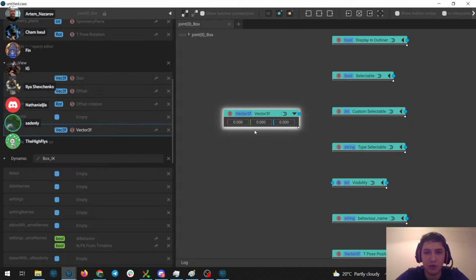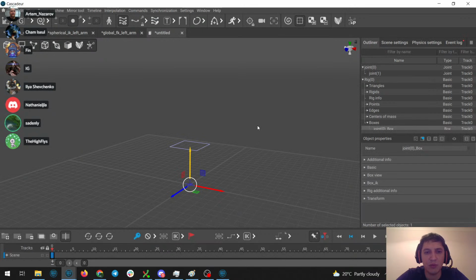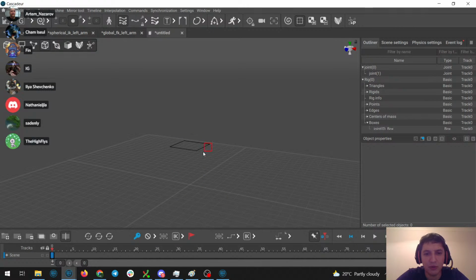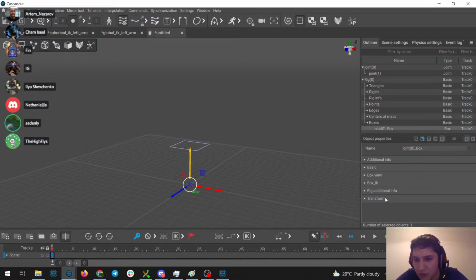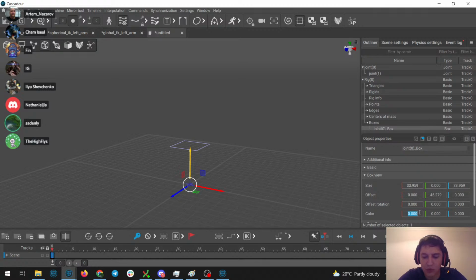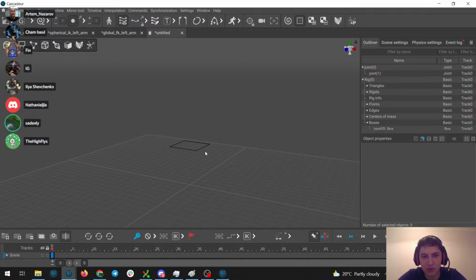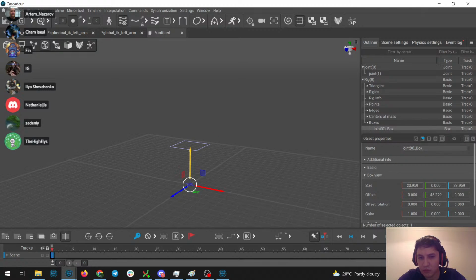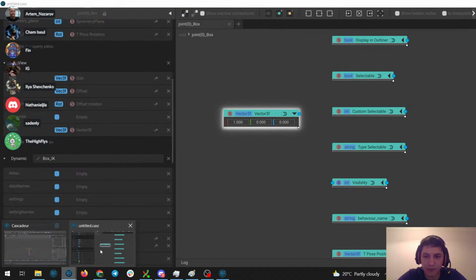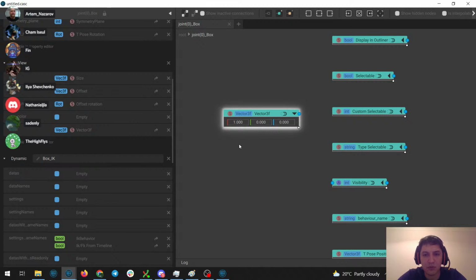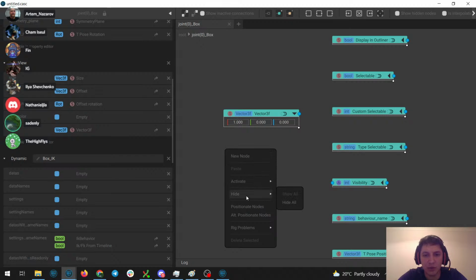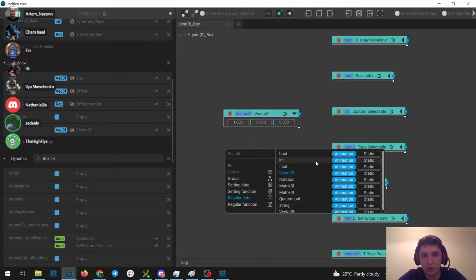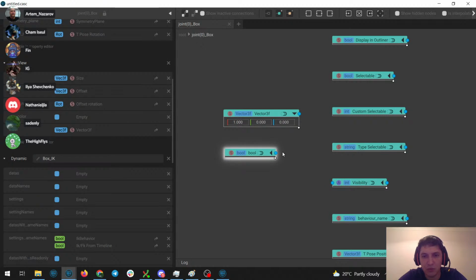Okay, so it's 0, 0 right now, and that basically means that it will be black. And I can even change it here. It is RGB, but maybe if use color is empty, it is not used, or there's a bug. So let me just check it out.